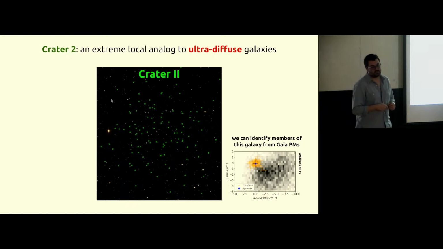Do you know whether there is some study trying to put constraints on dark matter particles using this sort of streams? Yes, a lot. Specifically for Crater 2, people just try to model the whole thing. People look at very, very ultra high resolution simulations of Milky Way zoom-ins. And they find things that are similar to Crater 2, but not quite.